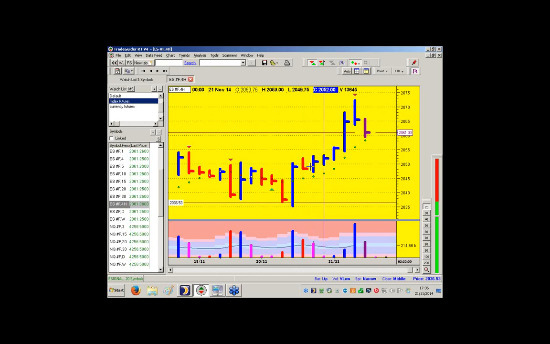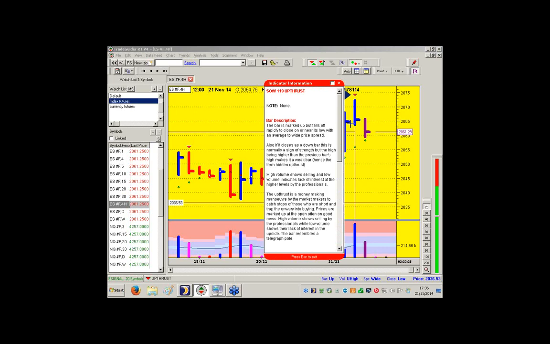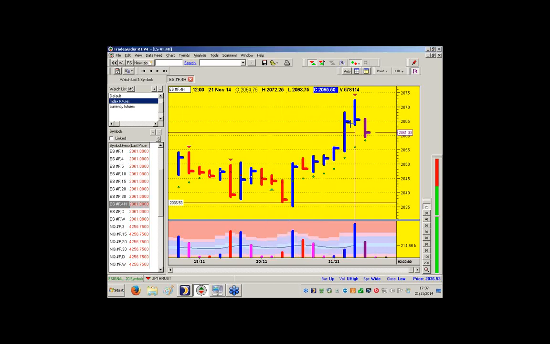Okay, so it's gone up, bars are blue, and lo and behold, Gavin shorted on this, on the strength of this. There's what we call an upthrust. Upthrust, right? The computer agrees with us. Okay. Read those dialog boxes carefully. An upthrust is when the market rammed up only to fall on the low on very high volume. It must have been selling contained within that volume, right, to cause that, and that's what's brought that signal up.